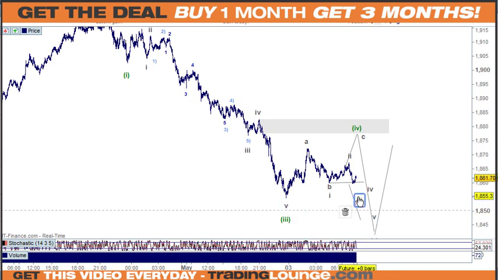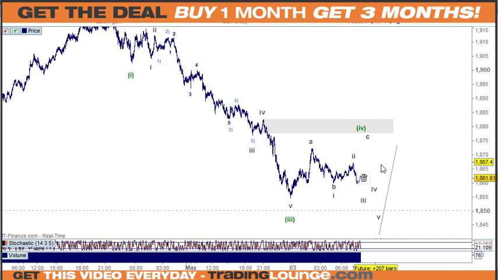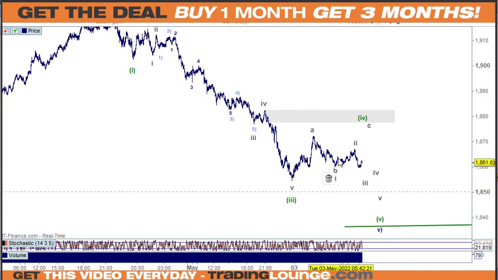So we'll just clean this up here. Anyway, look, it could be an A wave, a B wave, and a C wave here, and then go up there. But to be honest, we're not interested in this yet. If I had a really clean 5 waves up here, we would be buying the pullback and going for it. But it's not the case.